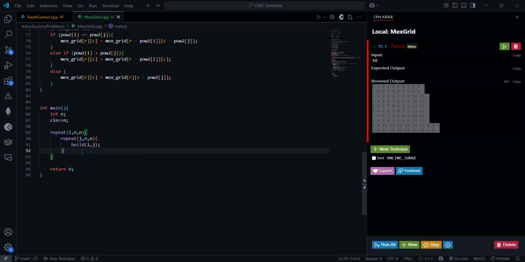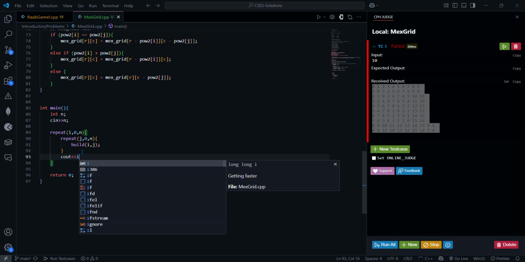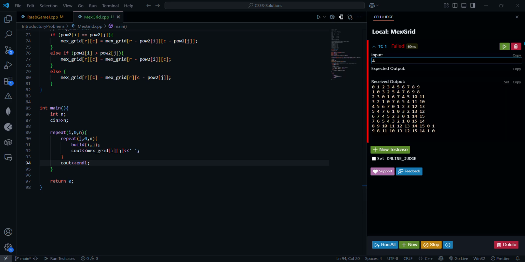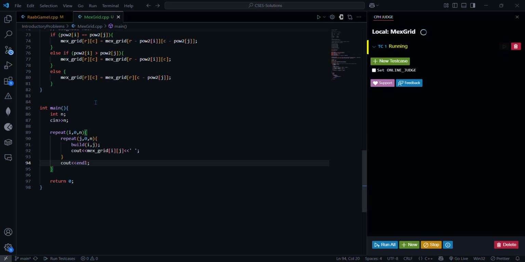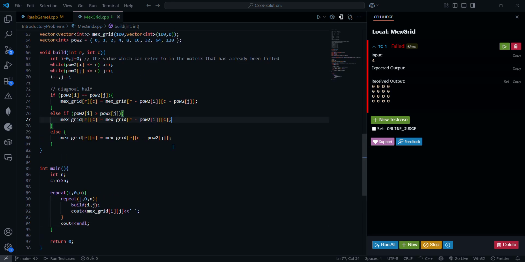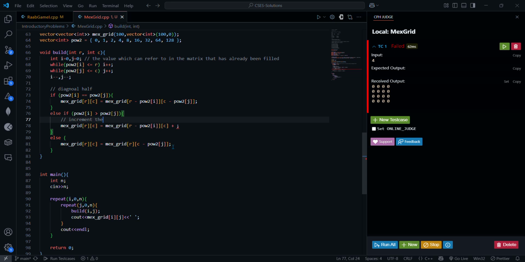So we just need to print the grid now. So we will have to just print next grid of I because we have put I and J. So we just print this now inside this, and this end line here, to print the grid. If this works, it is done. If this doesn't work, it is check. Why? Because we have not incremented the value. Increment the